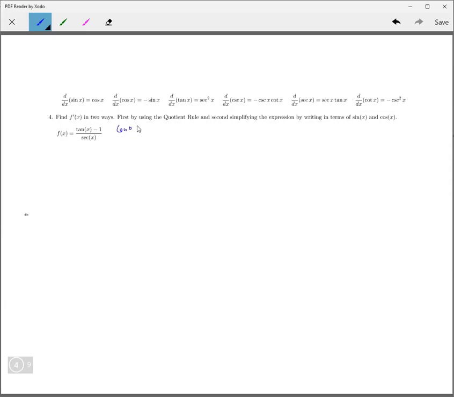So we're using the quotient rule. Okay. F prime of x is, okay, so here we have again, low, which is secant x, d high. So the derivative of that, the derivative of tangent is secant squared. And the derivative of this constant is 0. So that's minus 0. Okay, then minus high, which is tangent x minus 1,